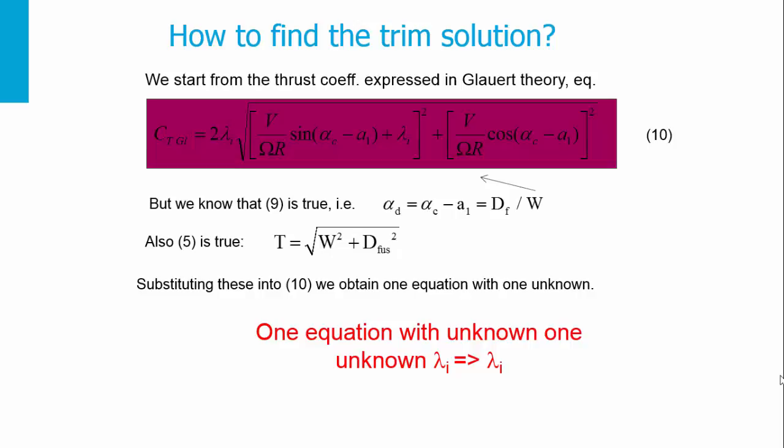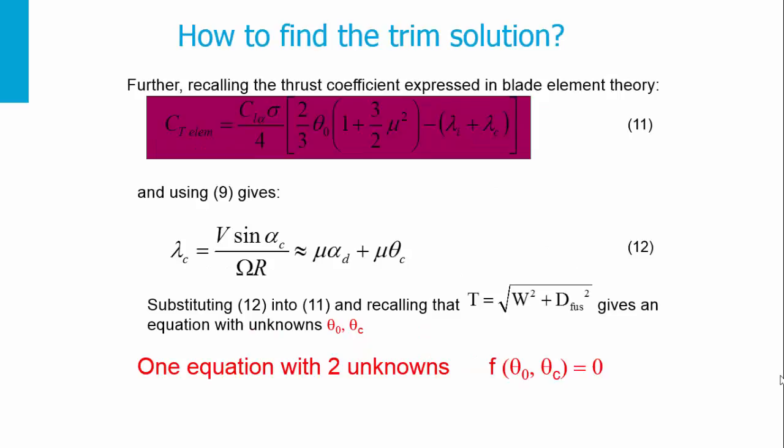Solving this relation for our trim will give us the induced velocity for that trim condition. Further, we recall the thrust coefficient in the blade element theory. And recalling that the ratio lambda c, which is the ratio of the perpendicular component of the velocity in the control plane, equals mu alpha d plus mu alpha c in the case of a helicopter in trim,